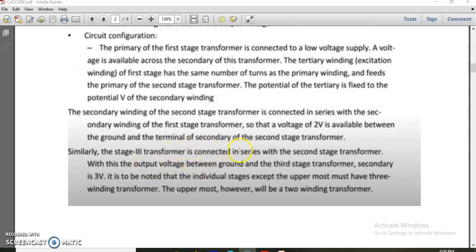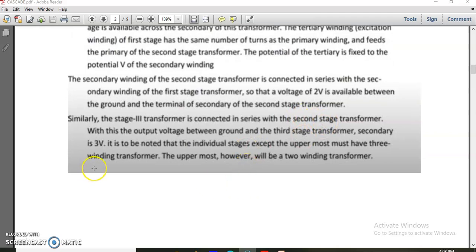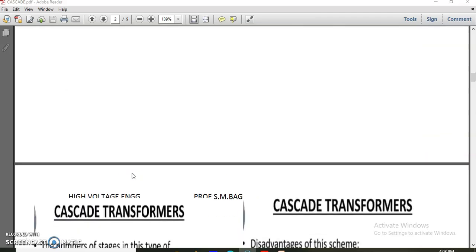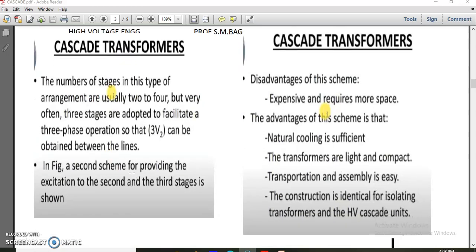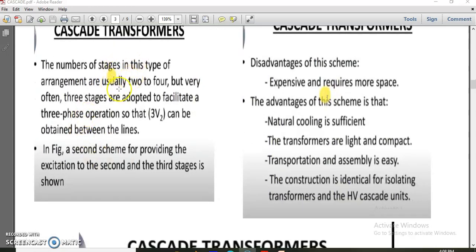So the third stage transformer is connected in series with the second stage transformer, and we are getting an output voltage of 3V. Just now I told, we can go for a cascade transformer with 2 or 4 stages, and as the number of stages increases, it will be bulky. Disadvantage: expensive and requires more space obviously. Advantages: transformers are light, compact, transportation can be done easily, and